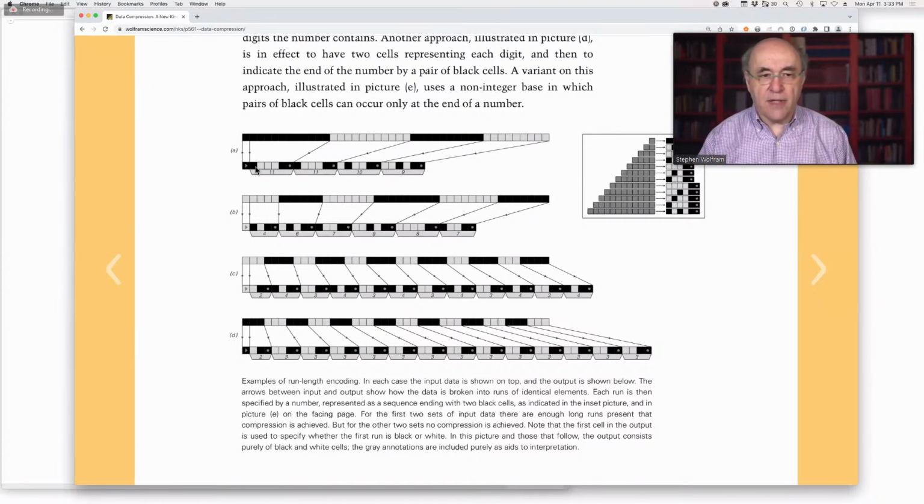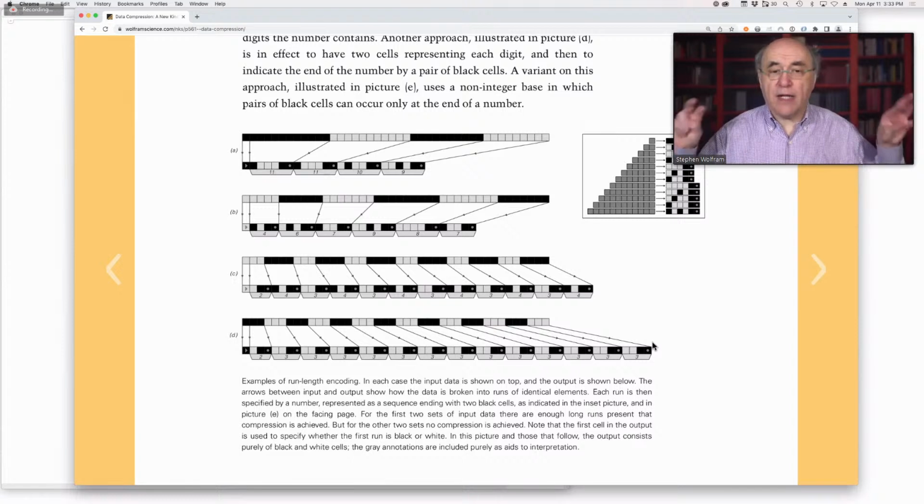And so we can take this result here and we can say, yes, we can decode that piece into 11, that one into 11, 10, 9. Okay, so in this case, the number of bits necessary in the original specification was larger than the number of bits in the compressed specification. But that's not always the case. For example, with run length encoding, if our runs are short, we can end up actually having to take more bits to specify the run length encoded version of the data than to specify the data itself.